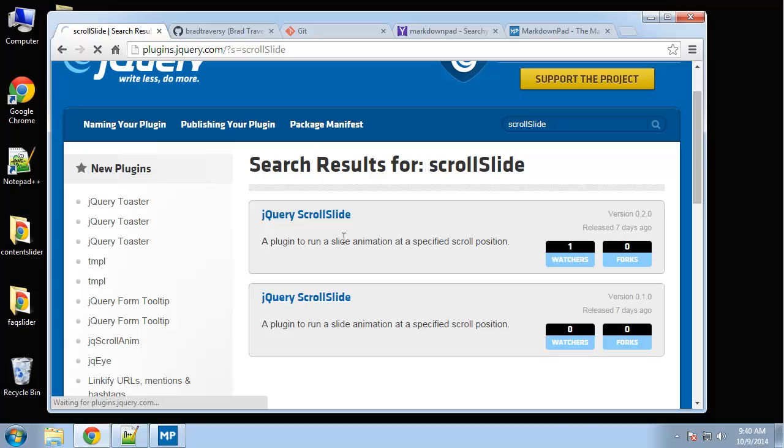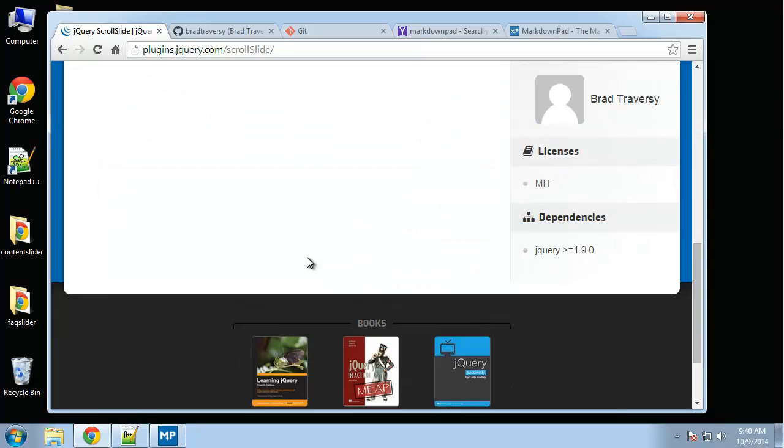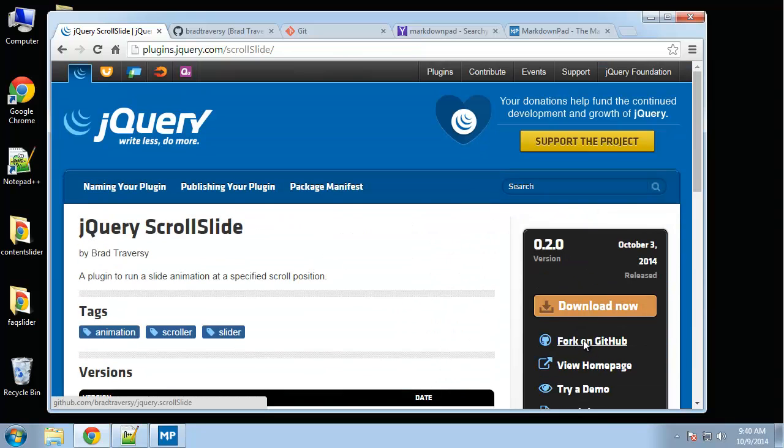Okay, so I'll click on this version, and basically it's going to give us a download link to download the plugin. It's going to give us the link on GitHub. We can view the home page. You can add all these if you want. You can add a demo, documentation. All right, so if we go to the GitHub page,